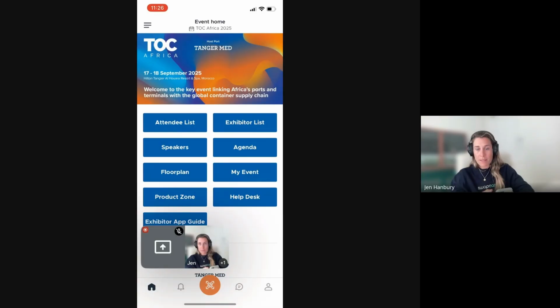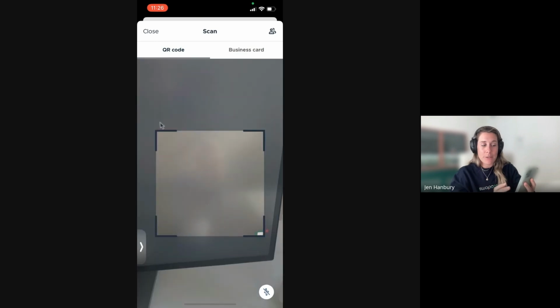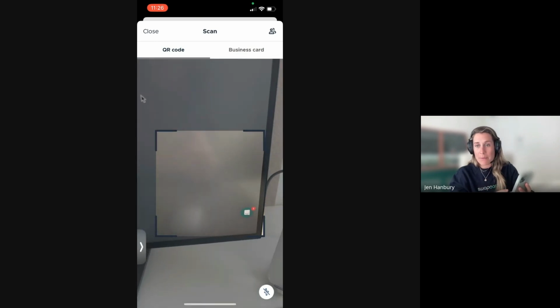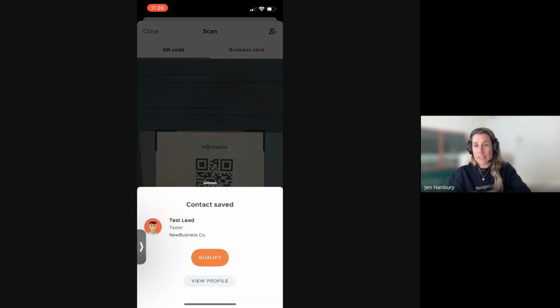Okay. So we've got the mobile app now. You'll notice it's all very similar, of course, but there is a QR code in the bottom navigation bar. That is your lead capture tool. So we click on that QR code. It brings up our camera. The first time you use it, it'll ask if you can use the camera, so you just agree. Then all you're doing is hovering the camera over the QR code that will be printed on the badge, and it says